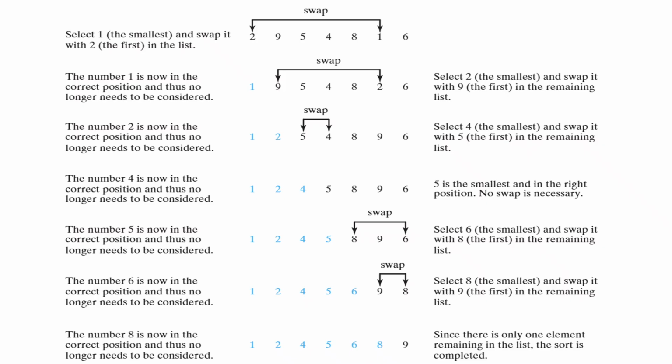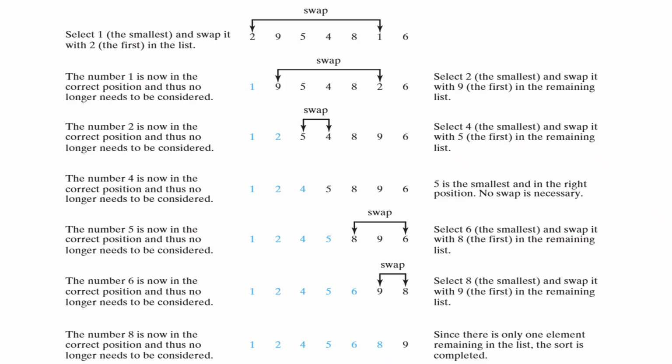Next element is 5, and the smallest element in the list is now 4. So 5 and 4 we have to check, and 5 is greater than 4, so we have to swap it. So 4 will come to the 5's position and number 5 will go to the 4's position. So now 1, 2, 4 are in sorted way. 1, 2, 4, 5 are in the sorted way,